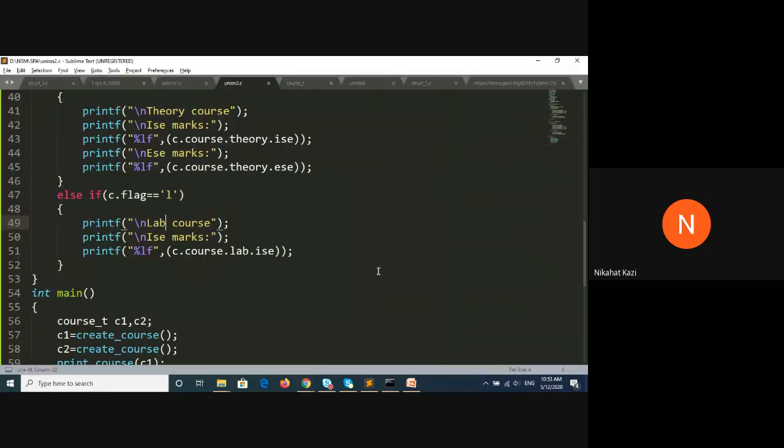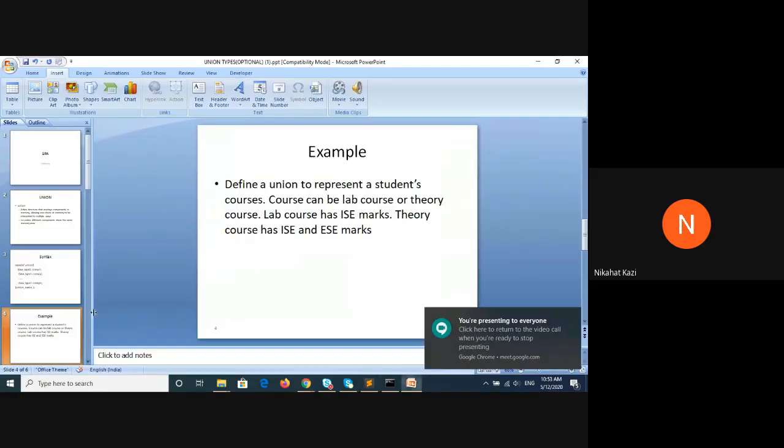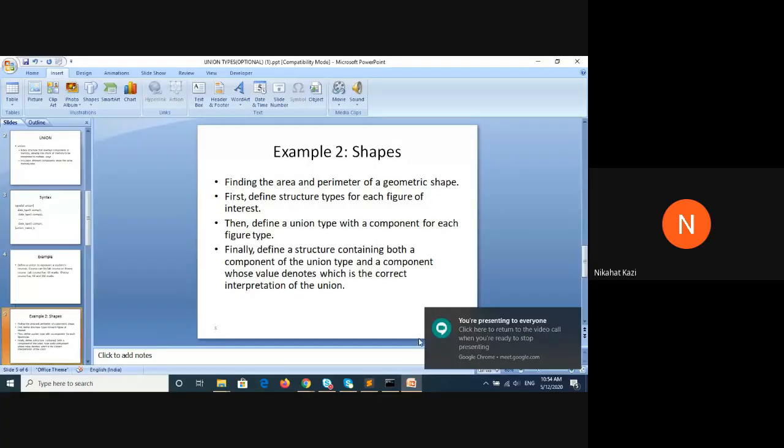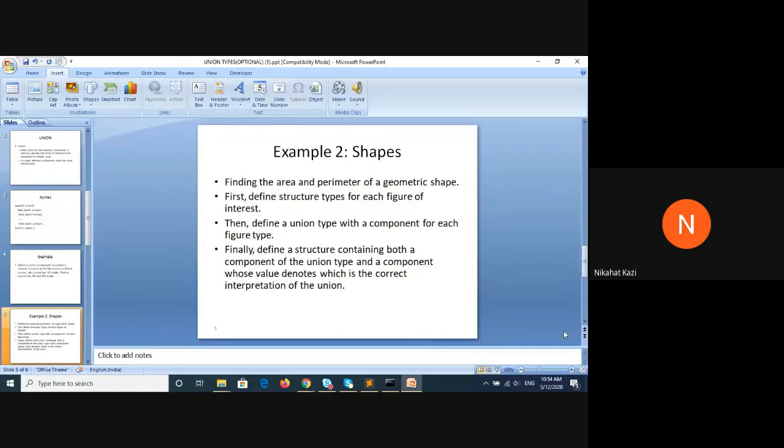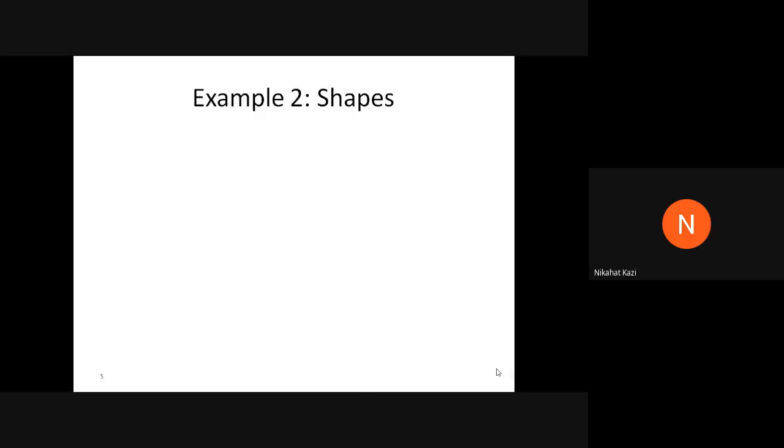Okay. So what I will do is, I will quickly switch to the next example, which is there. This example, I want to give it as practice to you. It is similar to this example which we have done, but it is a little more complicated, so that you can try it out. You have 1 week's time before we meet next time. I'll show the solution in the next class directly. I'll just discuss in 5-10 minutes the solution for the second example. Okay. This is the example. I'll just show my screen.